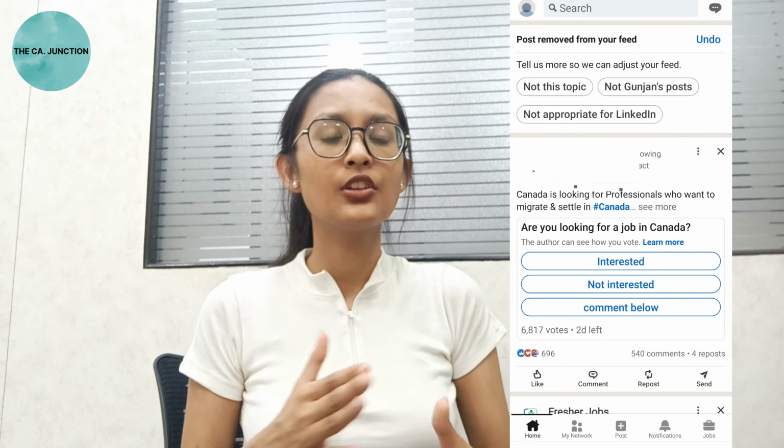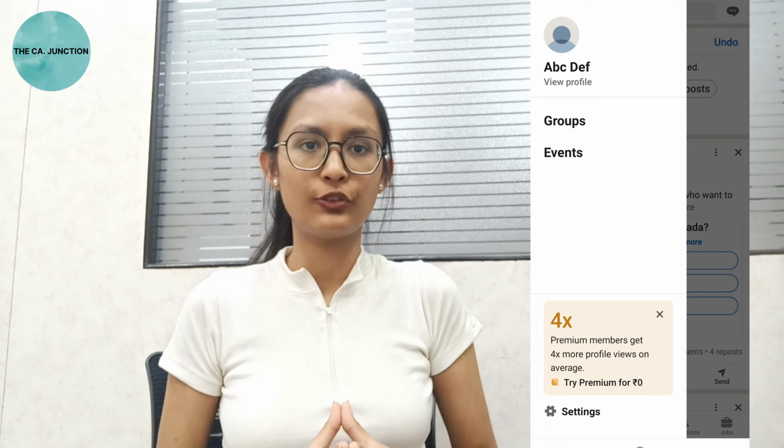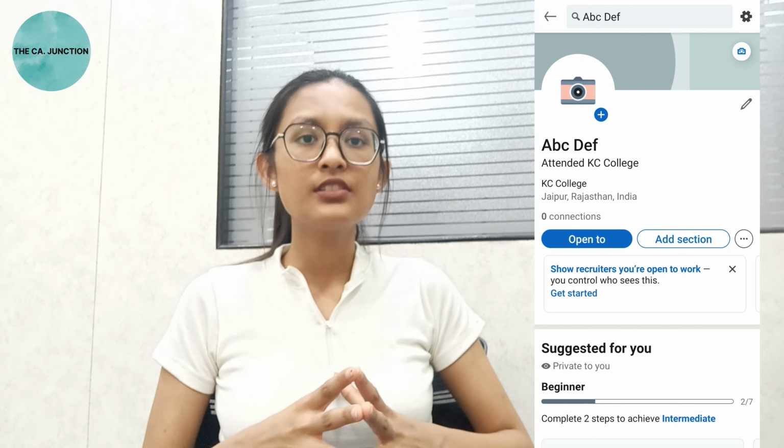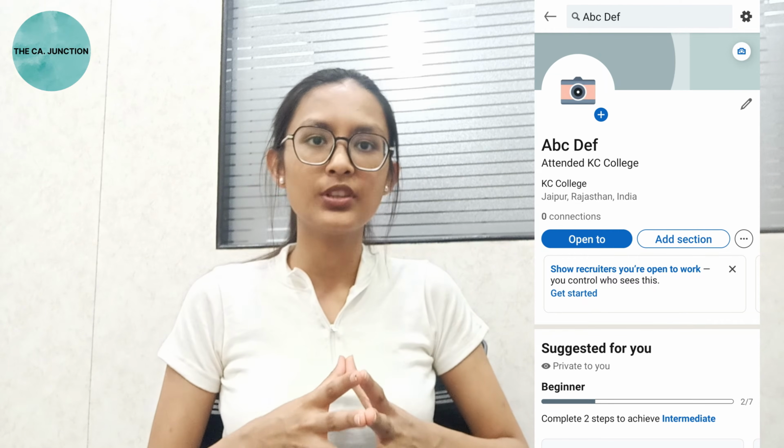Now, we need to build your LinkedIn profile step by step by adding your details, qualifications, experience, etc. Go to the top left corner, tap on your profile to edit your profile. Now, it's time to build your profile. For that, you need to add sections and various information about you in the profile.